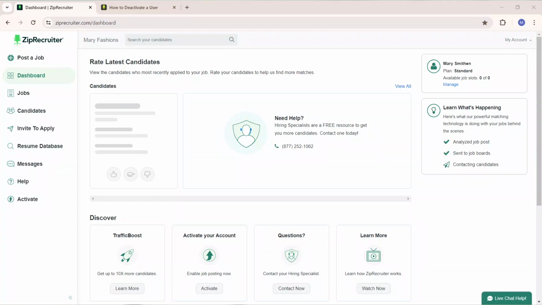Hello, in this tutorial, I'll show you how to change which user automatically gets candidates' resumes on Ziprecruiter. So the first thing I'd like you to do is to launch your Ziprecruiter employer account, which of course I